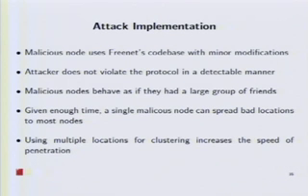So how did we implement the attack? You don't need to be an elite hacker to write what we did. The code is very minor changes to the actual Freenet code base. The attack nodes follow all the steps of the protocol except lying about who their peers are. We found that over a long enough period, a single attacker can spread malicious locations to most nodes in the network. Using multiple locations and multiple attackers in our attack helps make it go faster and makes the effects more defined.